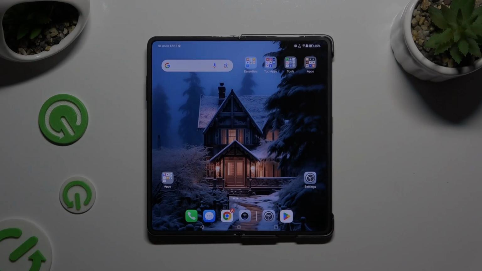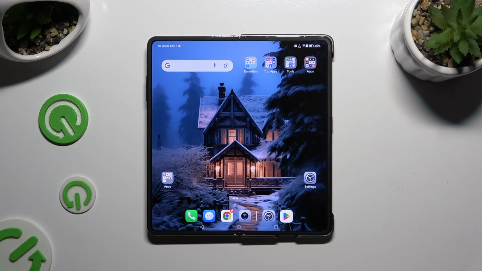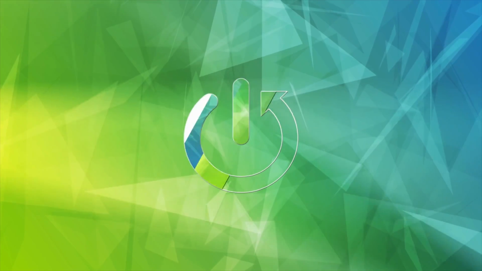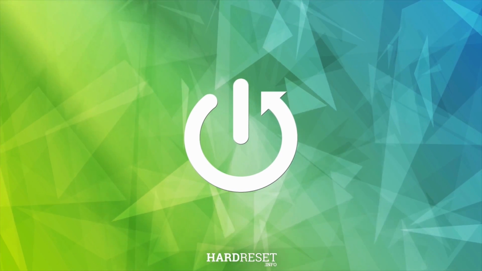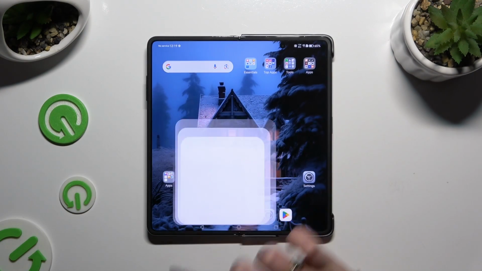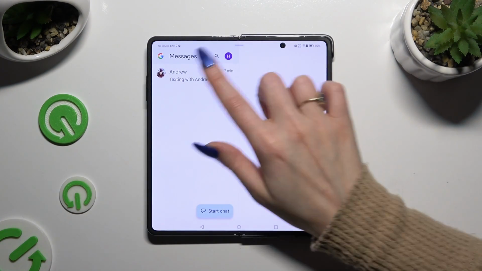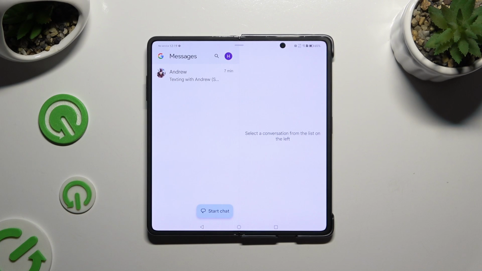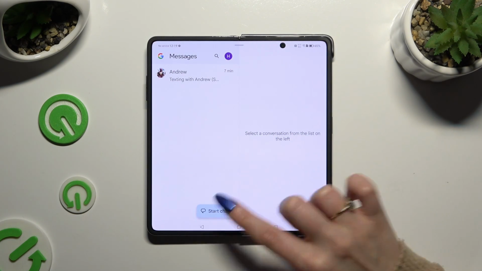In front of me is our Magic V2, and today I would like to show you how you can add photos to text message. Begin by selecting messages and clicking on one of your chats, or creating a new chat by hitting Start Chat